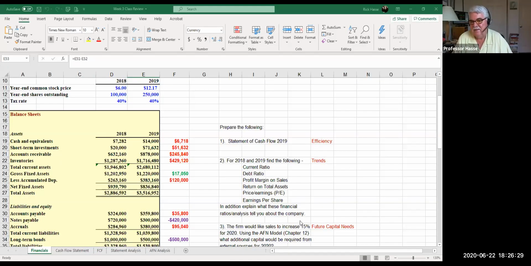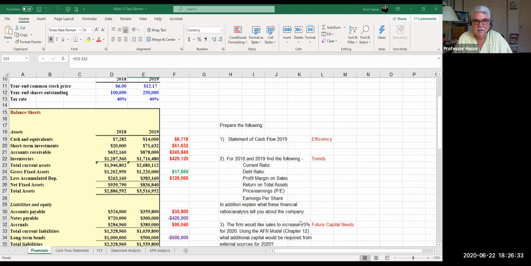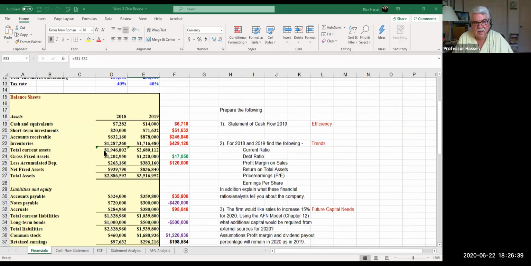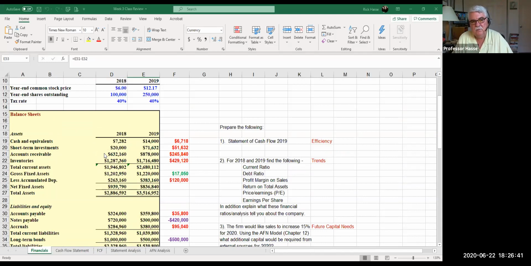What is the financial picture of a company? What do they look like? And that's financial statements. The financial statement analysis of a company. We looked at this last week. We looked at bonds and stocks, which are shown on various financial statements, but this week we're looking at